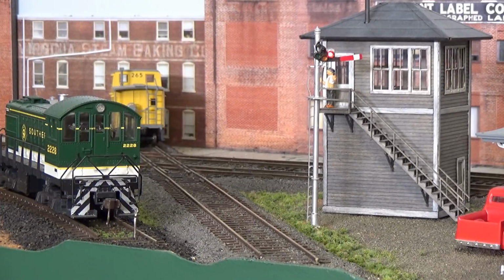incandescent or LED lights probably. But at any rate, I wanted to be able to set up a semaphore here to protect the main line and tell those C&O crews to stop at this point and wait for a clearance. So right here we've got the tower next to the passenger station, and what I can do is I've got a double throw switch here on the fascia, and I can throw that,